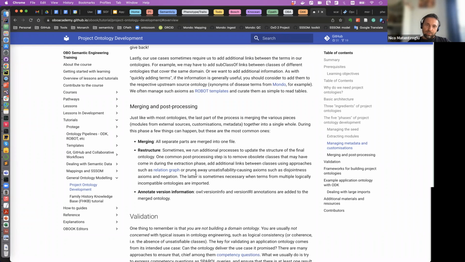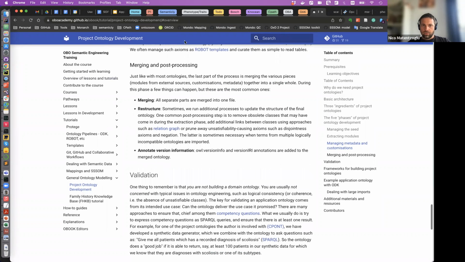And the way that you do this is you delete all of the axioms that could cause unsats, like disjointness axioms, for example. And then you do typical annotation stuff like adding version IRIs and so on. Okay,